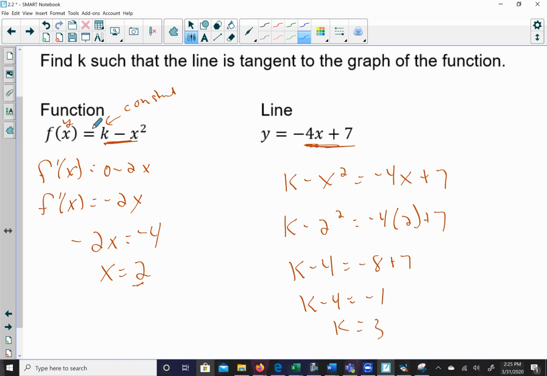So this function should have been 3 minus x squared. I think it's just one k, so you probably could have stopped there, but I like to have closure. All right, and the next one,